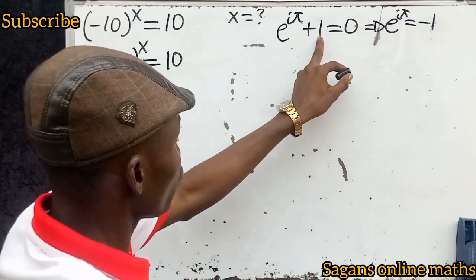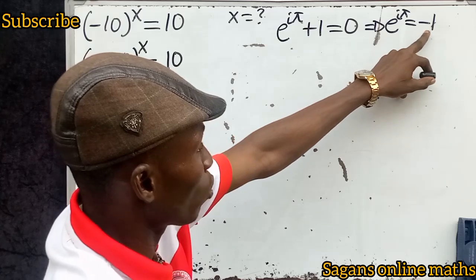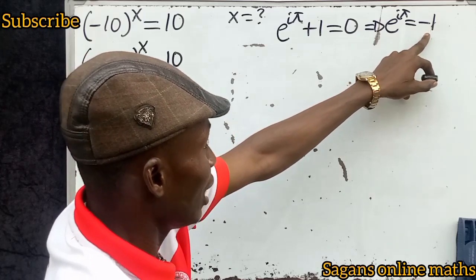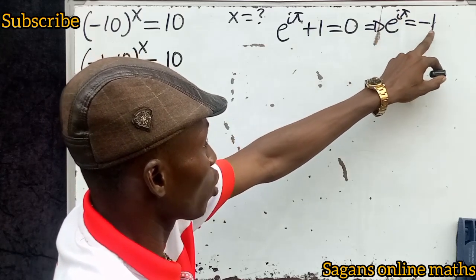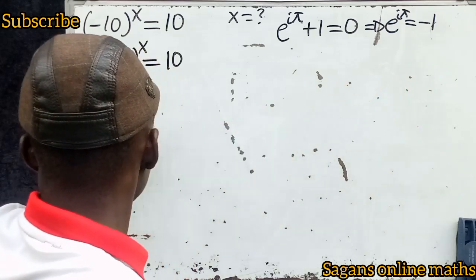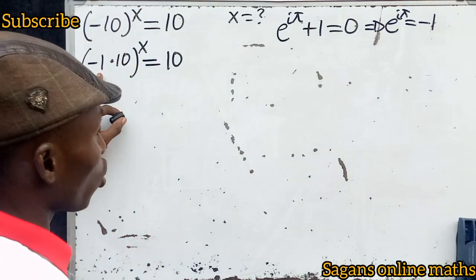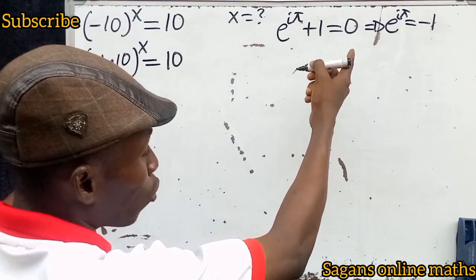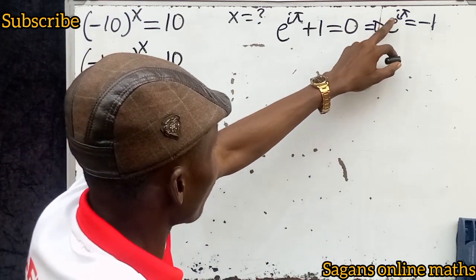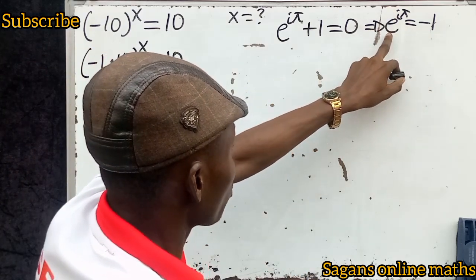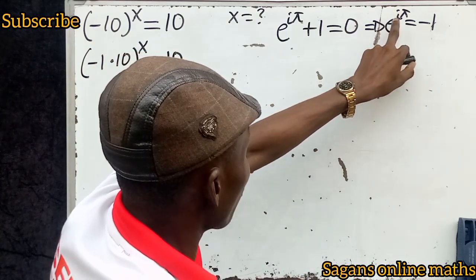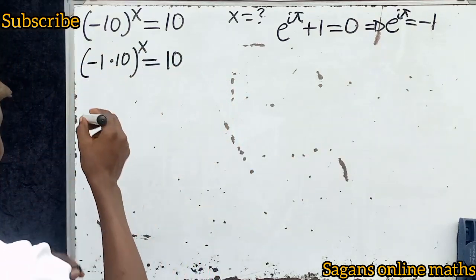That means if you transfer this 1 to our right hand side, we have minus 1, because 0 minus 1 is minus 1, right? So e^(iπ) equals -1. You can see that we're having -1 here, so we are not wrong by obeying these properties of Euler's identity, that e^(iπ) is equal to -1. So we can substitute the value of -1 as e^(iπ) in place of this. So this now becomes